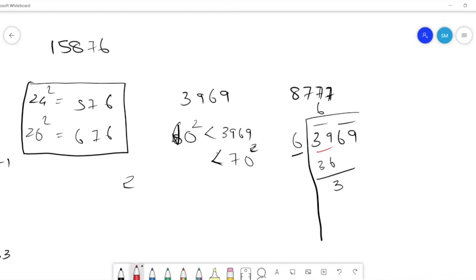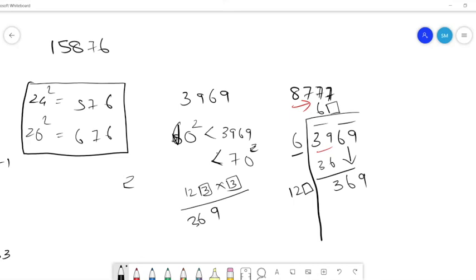The digit that we already got is here 6. We double it and we take 12, and we bring down the next pair. It is 369. And now the question is, you have to fill this box with the same digit so that 12 box into box would be less than or equal to 369. So if you put a 3 here, I get 963. I get 369 immediately. So done. This is the square root of 369.